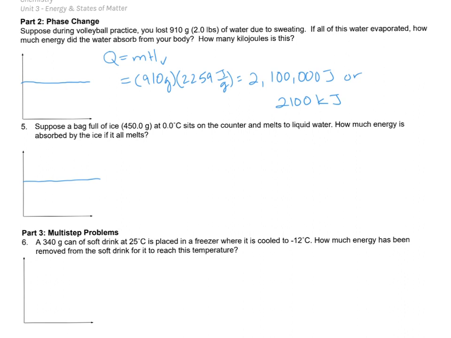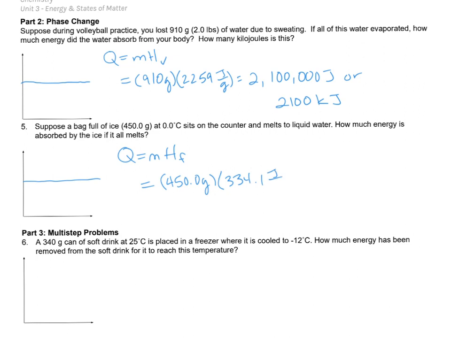And so we're using Q equals MH again. This time we're using MHF for the heat of fusion because it is melting. And we're solving for Q because it says how much energy, so we don't need to substitute anything. So our ice is 450.0 grams. And HF is a constant on the front of the sheet, it is